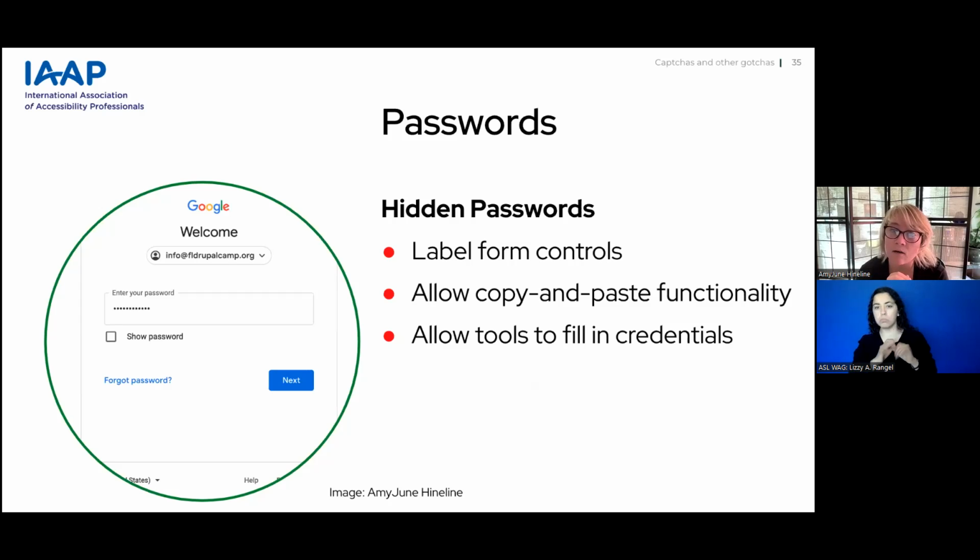But when we allow people to take a password from a password manager, it reduces the friction of error because it automatically fills it in versus having to type in those very complicated passwords, those pick 16 characters and they're all mixed letters and I have to have some symbols. Those can be very complicated to look at and enter yourselves. So copy and paste functionality is great, along with tools to fill in those credentials.